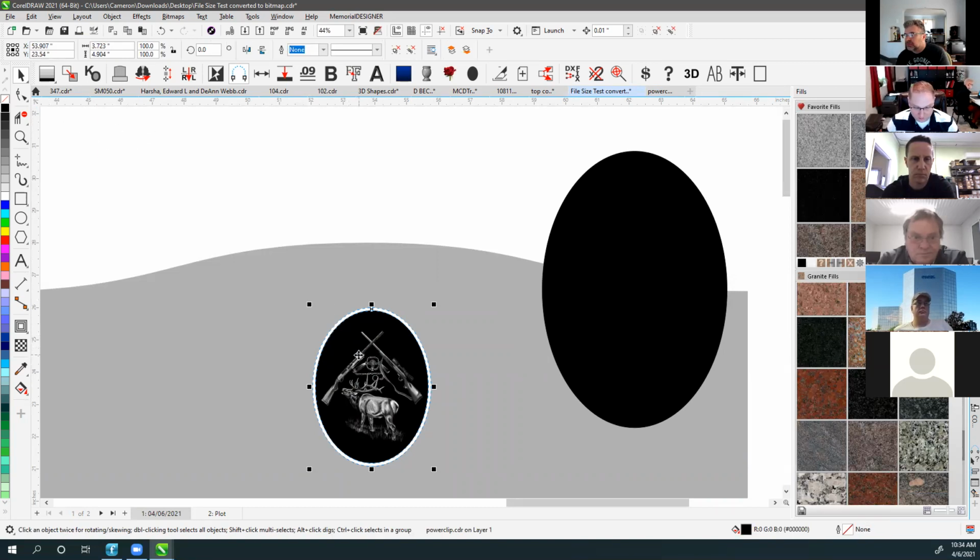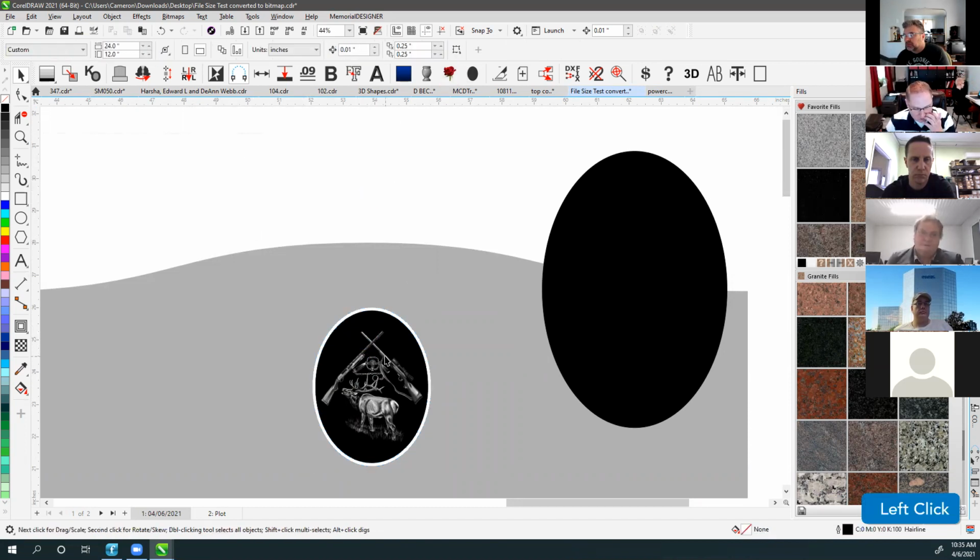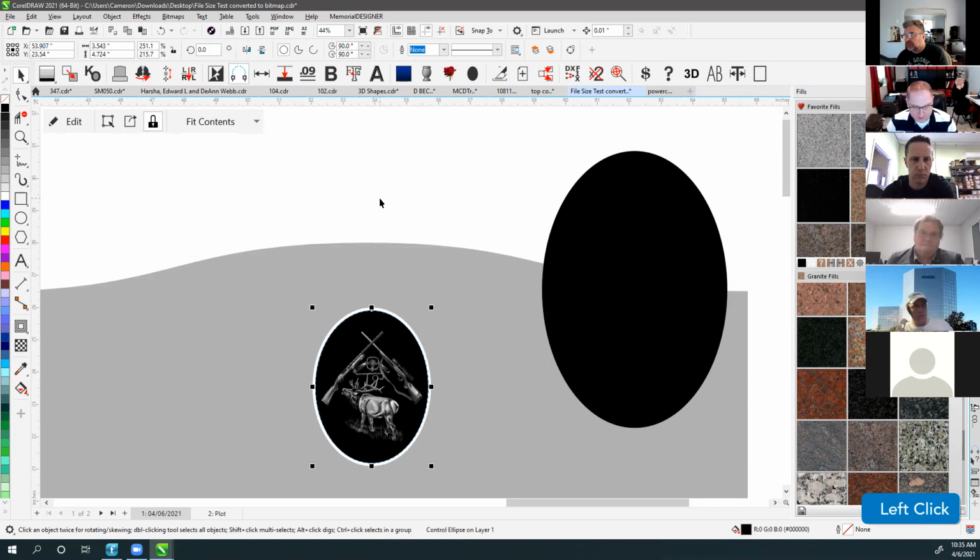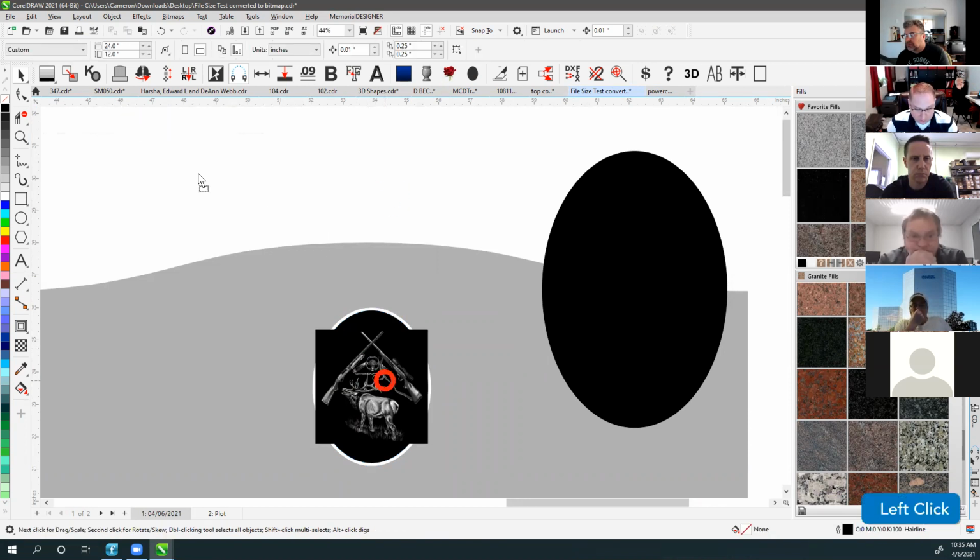So if I wanted to get to the power clip options, I'd have to dig into the group holding Control and clicking, then they'll pop up, or I need to ungroup it. Either way, usually I just Control click because it's faster, but that gives us the option of going into here. And then if you extract those contents, if you get rid of them and pull them out,